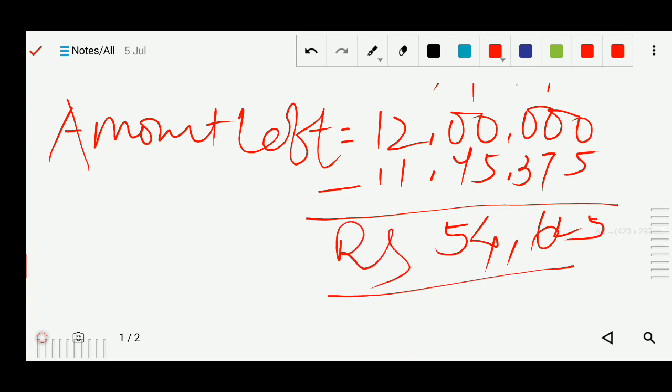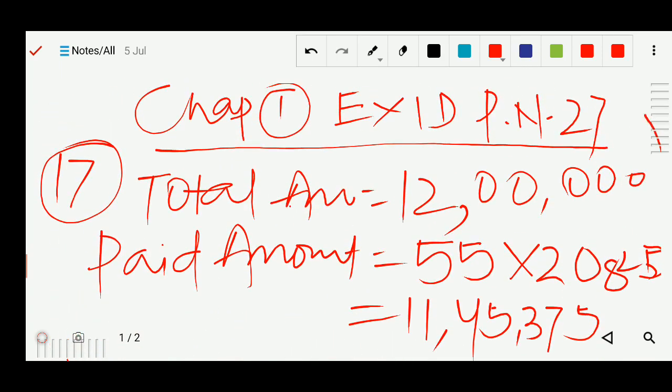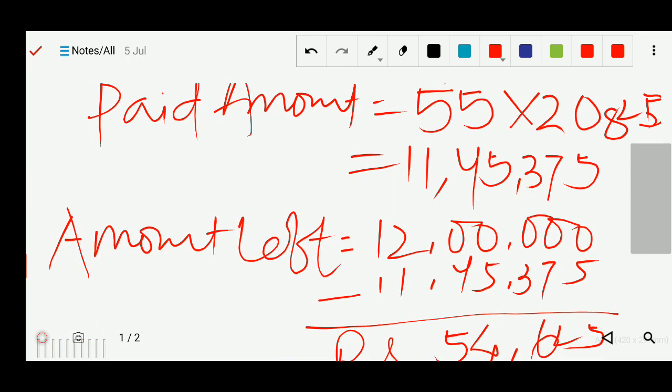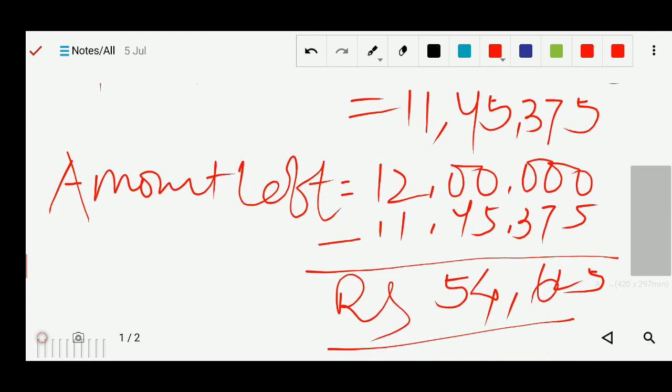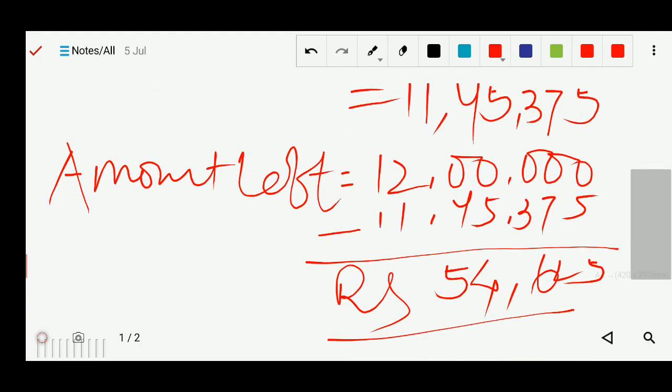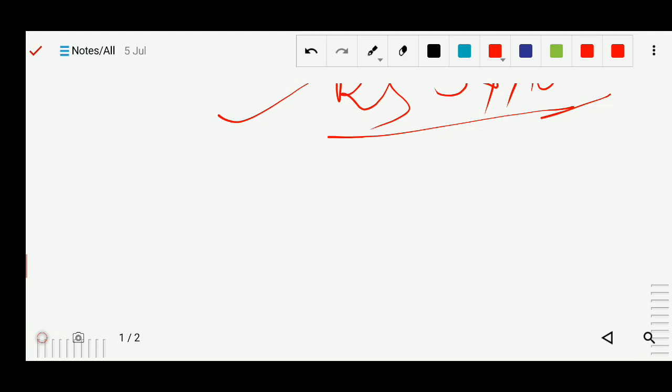Got it? Once again, you can understand the total amount he has is 12 lakhs. He bought 55 air conditioners for rupees 20,825 each. We multiplied it, and that was the total paid amount. So the left amount was 12 lakhs minus 11 lakh 45,375. This is the left amount and this is your answer. I hope you understand this one. Next,